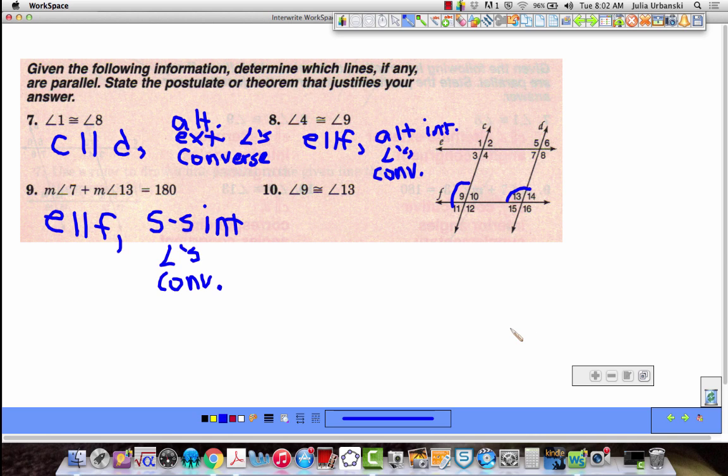All right, what'd you come up with? Which two lines are parallel? C and D. C is parallel to D because of what reason? Corresponding angles converse. If you say corresponding angles theorem, then you're saying that the angles are congruent. If you say corresponding angles converse, then you're saying that the lines are parallel. It's just a matter of the order of the words. Any questions on that? Okay. All right, let's